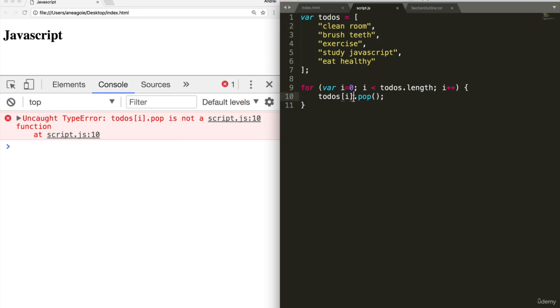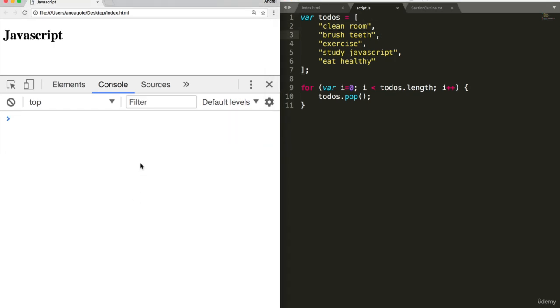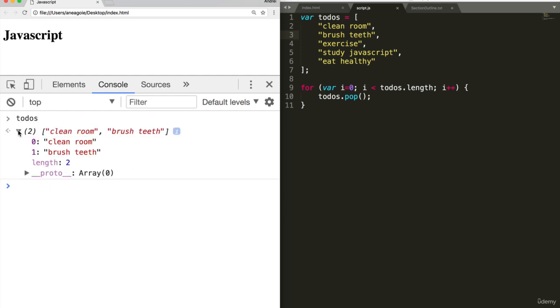What we want to do is todos.pop, because that's the array. So if I save and refresh that, let's see what we have in our to-dos. Clean room and brush teeth. Why is that? Well, because